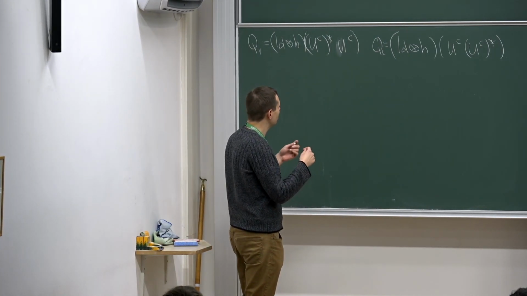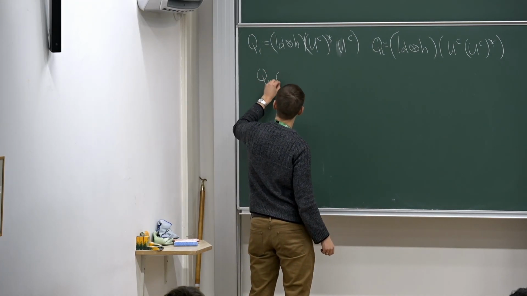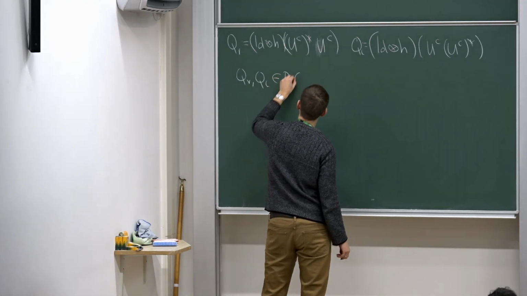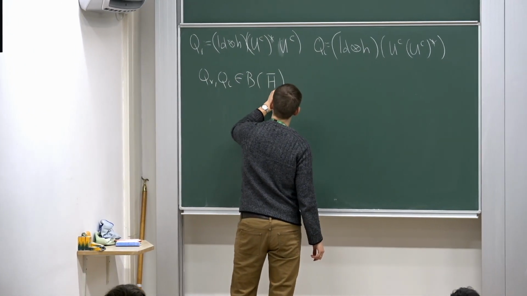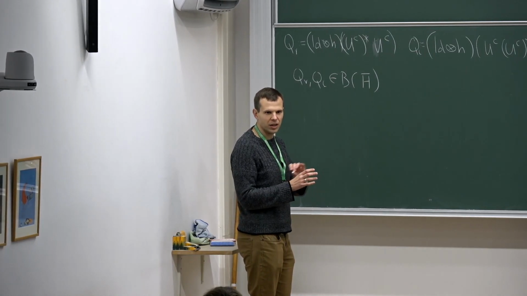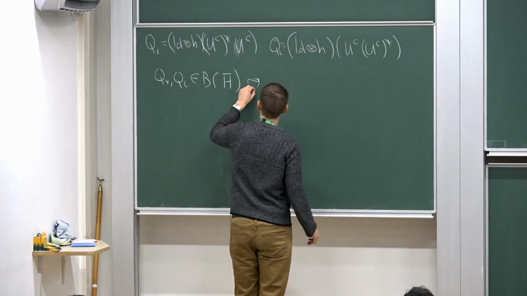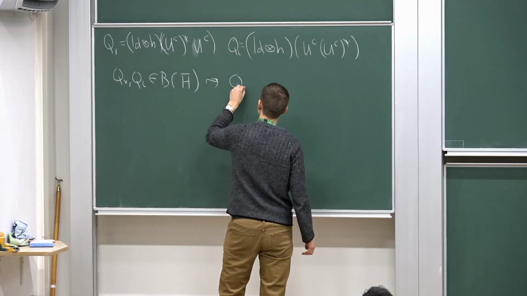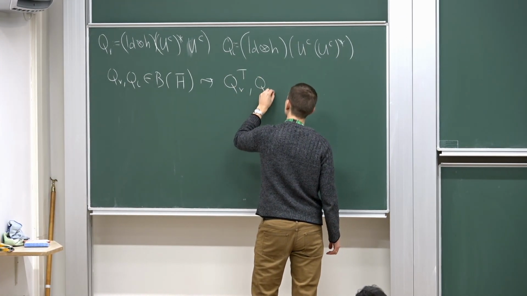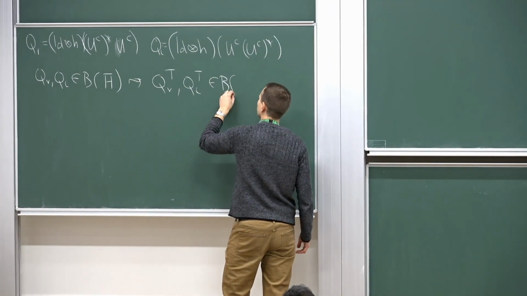But what Mike showed is that they are intertwiners for this UC. So both QR and QL are operators on this conjugate Hilbert space, right? They act on the dual space. So then we can think of, I think Mike denoted this by a transpose. So you get the transpose, they are like operators on the original Hilbert space.